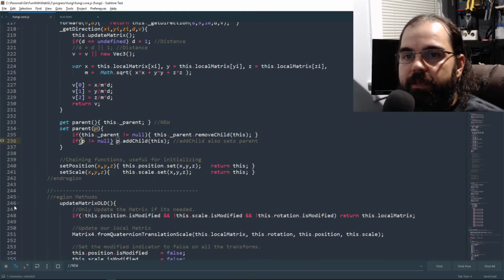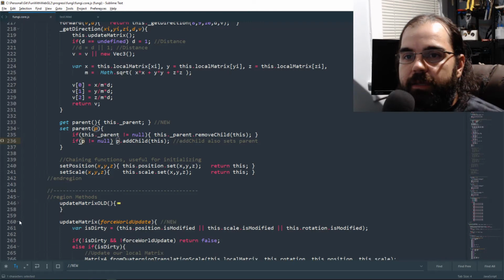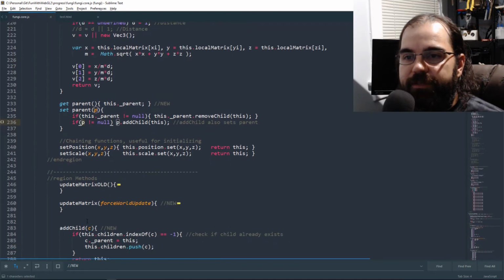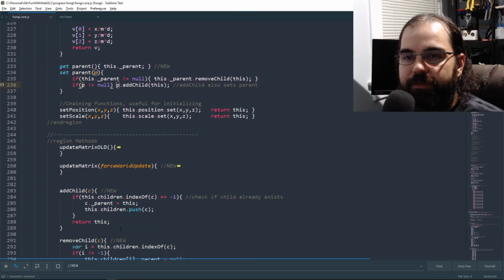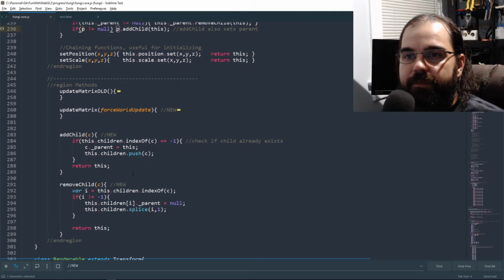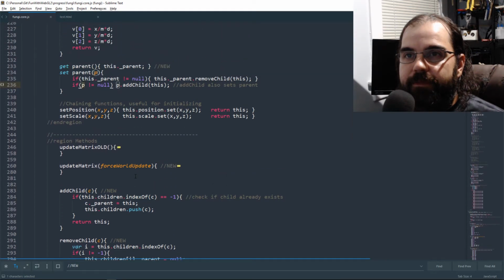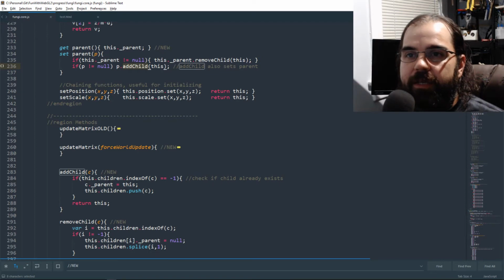Let me go to add child. Now, this is the reason why I say it's kind of hacky. So when we set parent, we say parent add child. So if this was a parent, it would go check to see if it's part of the child, and then